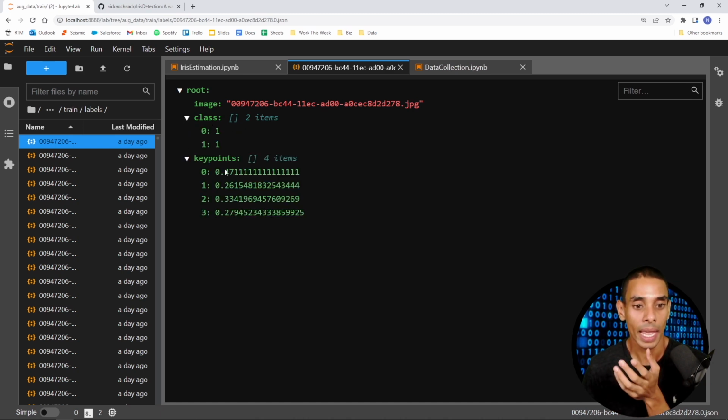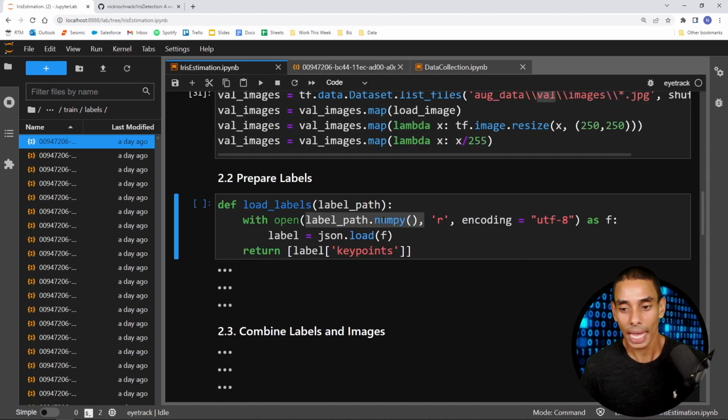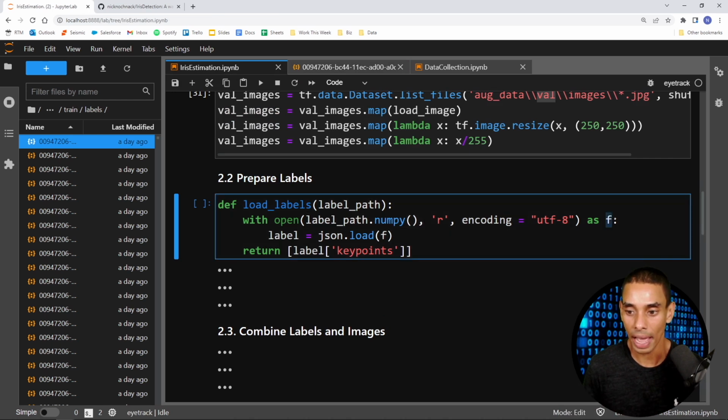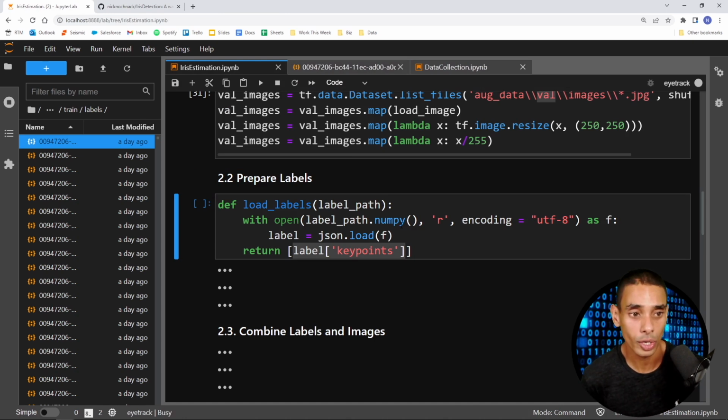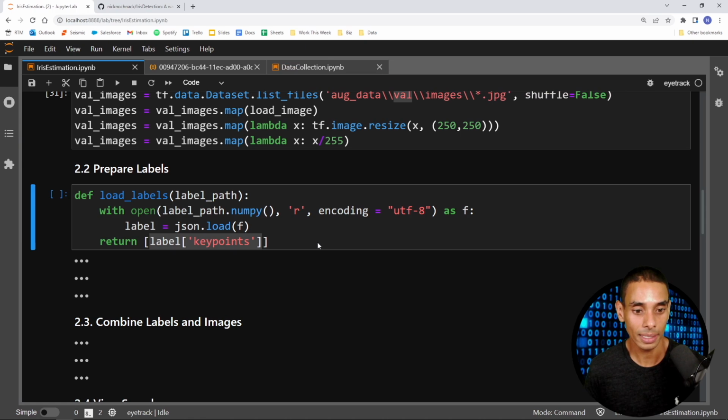Remember, we took a look at that, and all of our key points. And I want you to hold that in memory temporarily as the variable f. And then I'm going to take that f variable and pass it to the JSON load function or method. And then I'm going to get my labels back. Then I'm going to extract this key points value, which is this over here. And that's what I'm going to return as part of my data pipeline, because I don't really need anything else. So if we actually go and run this,